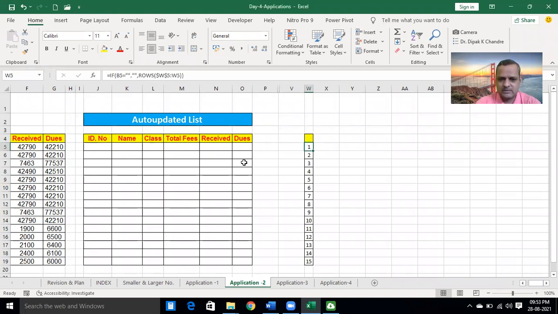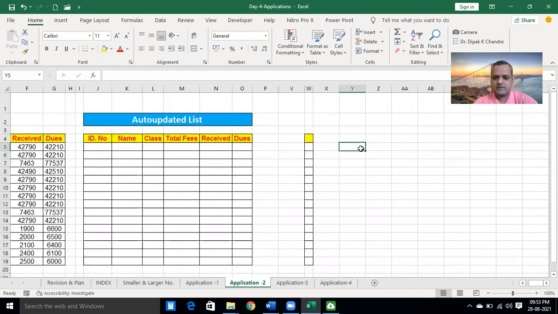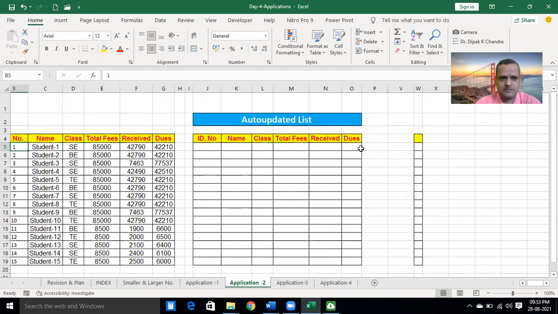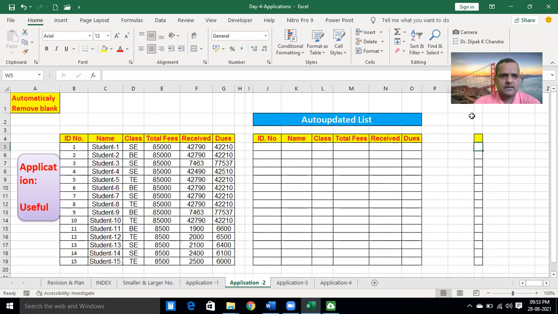Again, I will remove this one. You click in the W5 cell and write the same number, whatever number is mentioned here, but you need to insert that number using a formula. Which formula? The ROWS formula.